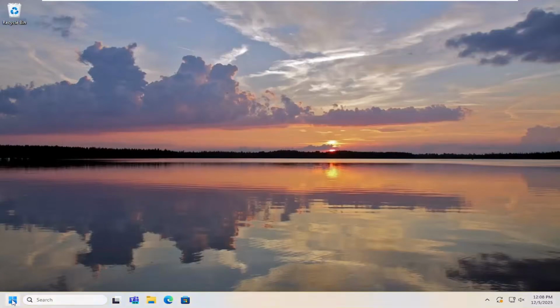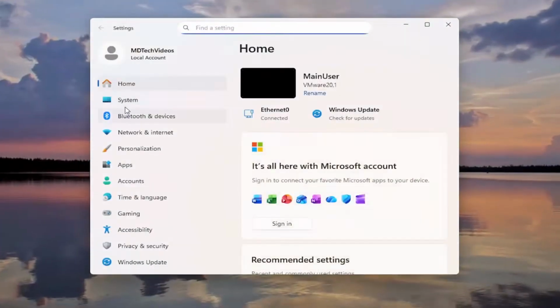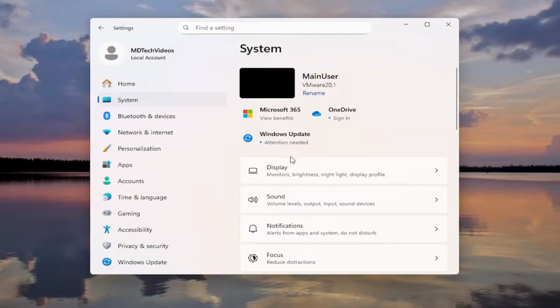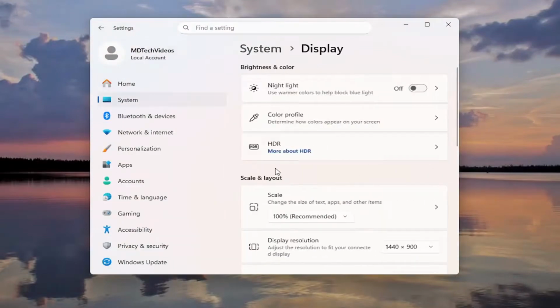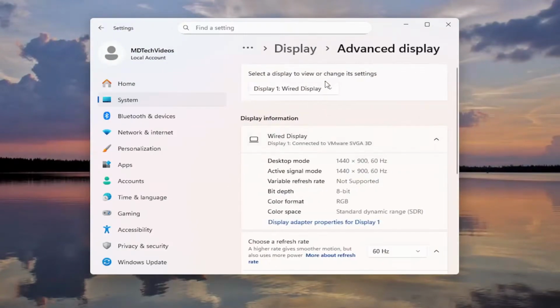So what I have to do is select the Start button and type in Settings. Best result, you'll see Settings. Go ahead and select that. Select System on the left panel, and then on the right side, select Display. And then on the right side again, scrolling down underneath related settings, select advanced display, select your monitor up at